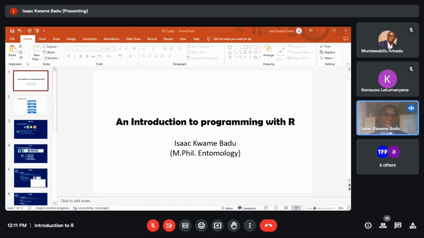So to begin with, one may ask, what is R? Or if you've heard of R before, what is it? Is it just one of the alphabets, or what is unique about the letter R? So R is a programming language. It's a programming language that was developed some decades ago, mainly for statistical computations and for graphics. There are several programming languages that have been developed for communicating with the computer